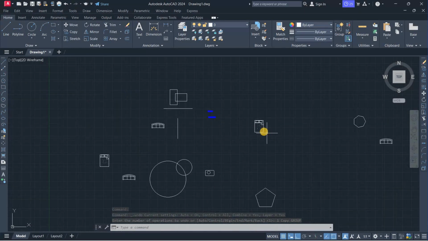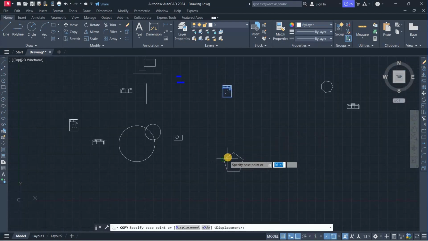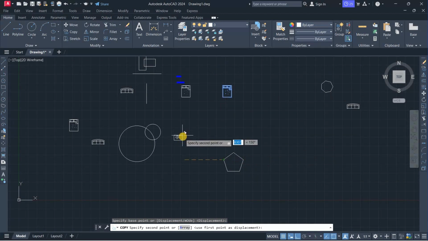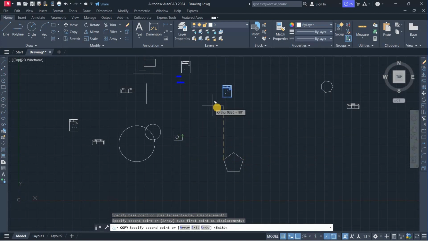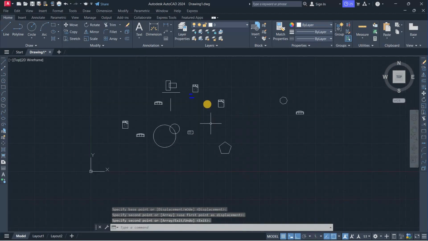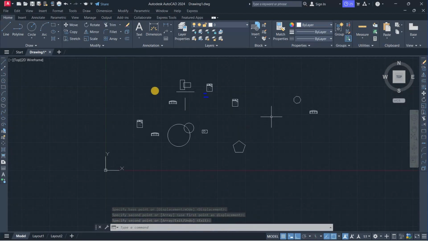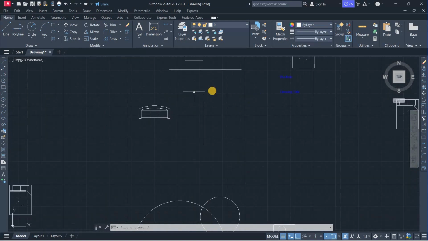And then let's say we want to copy with reference. So I choose this object now, and then I choose the copy tool as well as a reference point. So that's my reference point. Of course, I can use this as the next reference point for placing it. So having done that, I right click and hit the enter option. I can also copy with